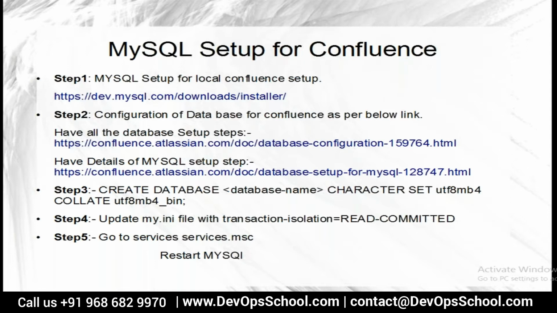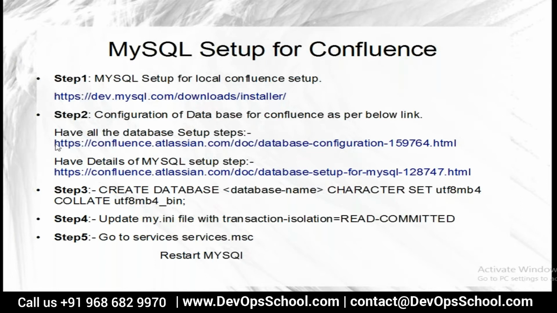I have already installed MySQL, because MySQL has a free version. So I tried MySQL, but we can go ahead with PostgreSQL also, and we can go with Microsoft SQL also. So there are various options. Okay, so I am going ahead with the MySQL version. Just for everyone's knowledge, we can download the MySQL setup from this particular URL. Okay, so the rest of the four steps are specific to what we need to do for the Confluence setup.